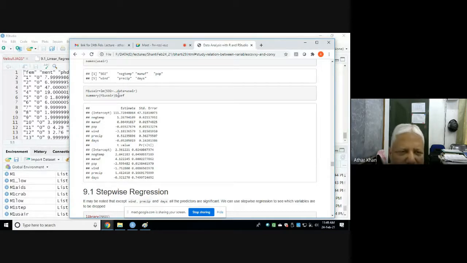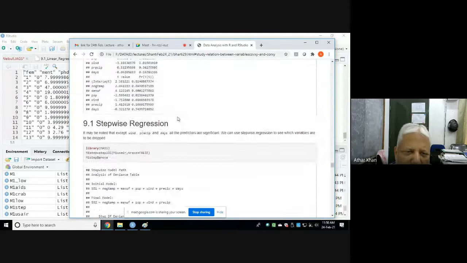This same type of formula implementation has been adopted into S-PLUS, into R, and into Python also. So this is the interpretation of this formula: SO2 is the response, and the remaining are predictors. This is the data from which it will read and fit the linear model, and we are getting the coefficients, estimates and their standard errors.